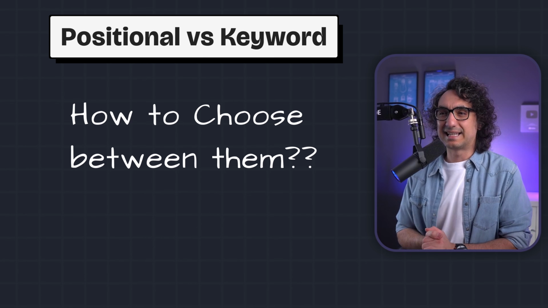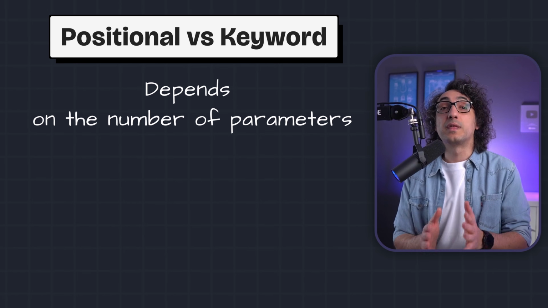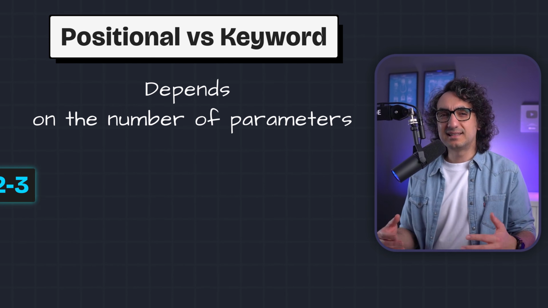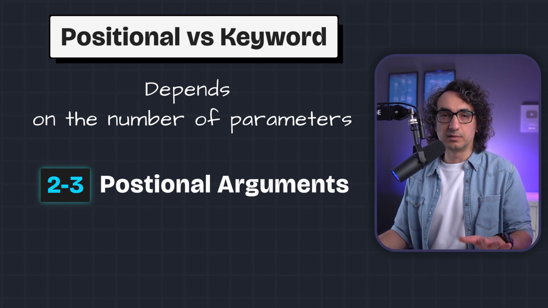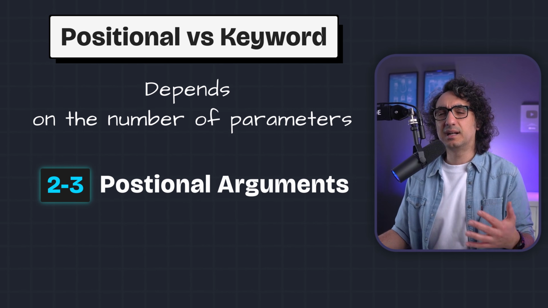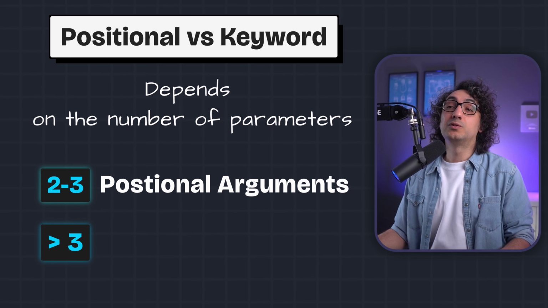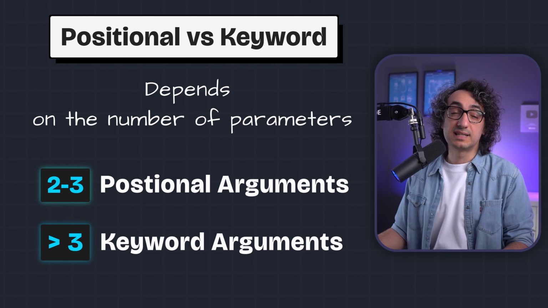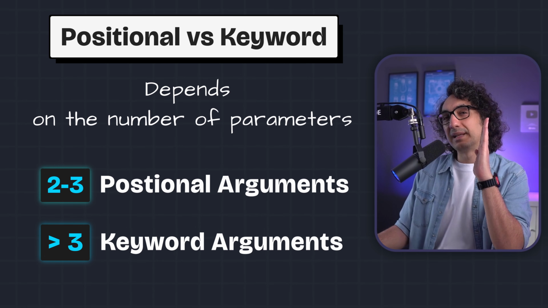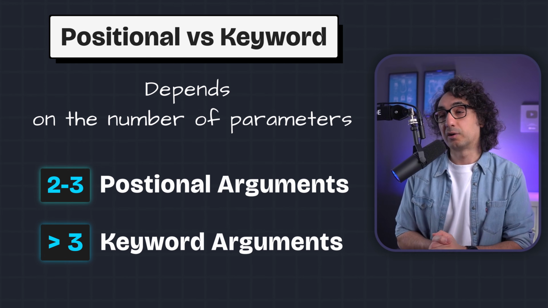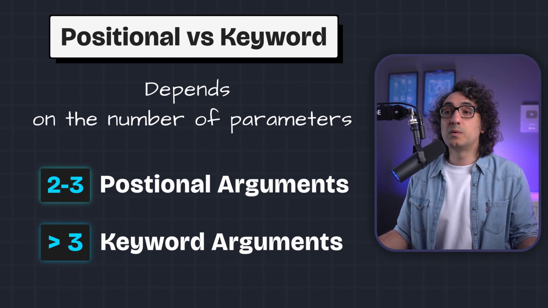And now, of course, you might ask me, which one should I use, positional or keyword? Well, this really depends on the number of parameters. The rule says that between 2 and 3 parameters, it is totally fine to use positional arguments because you can manage it. It's only 3 and I hope you will not make mistakes. But if you have more than 2 or 3, then you should go with keyword arguments. It is just safer because things are going to go out of your hands and you will not always be able to maintain the correct order for the arguments. So if you have 1 or 2 parameters, go with positional. More than that, go with keyword arguments.